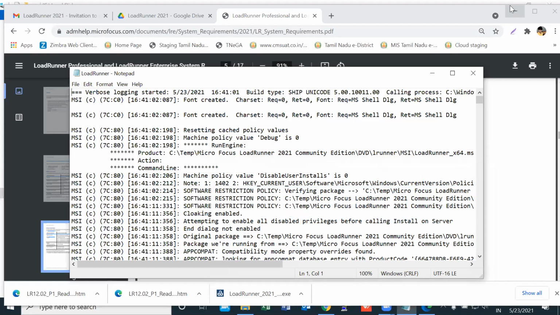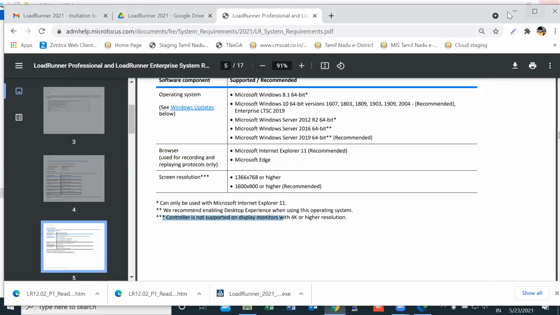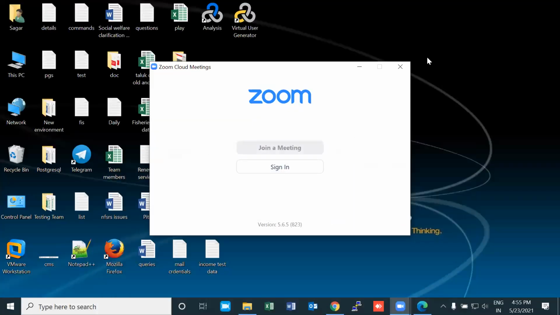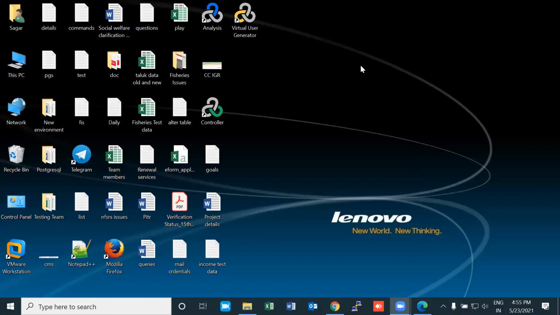Once you complete the installation, you can see that 3 components are installed on your machine. Use the shortcuts on the desktop. You get these 3 components installed.